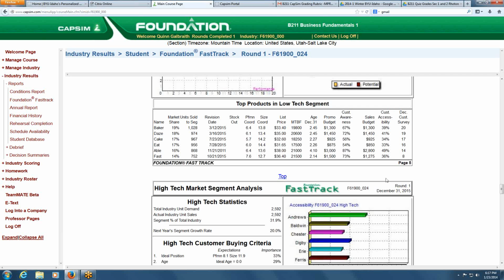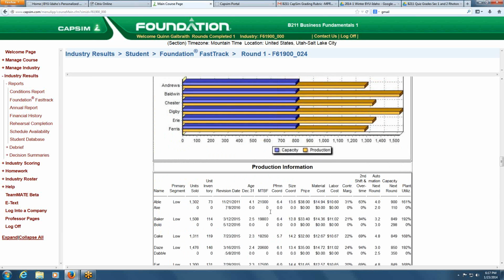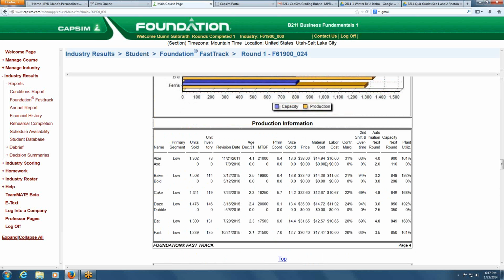These were the only things that I actually saw that people kind of forgot about. They didn't put enough money into promoting their accessibility or awareness. So if you work on those things, then you can get away with some more of the mistakes, like not having your price correct, than if your awareness and everything wasn't so good.